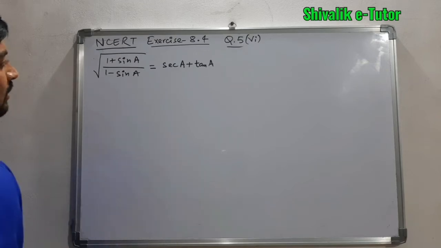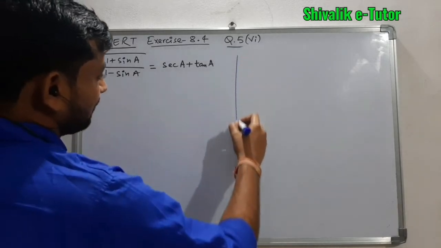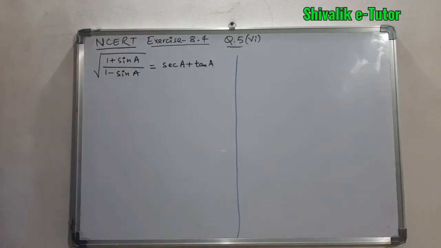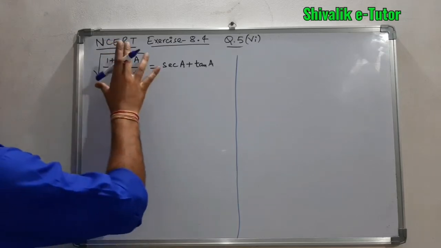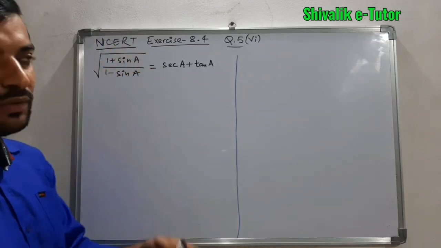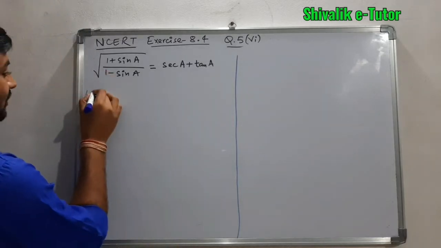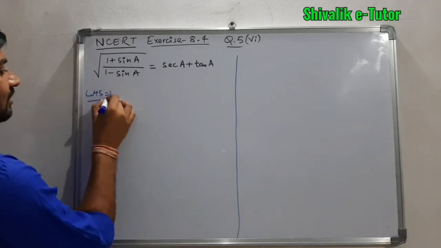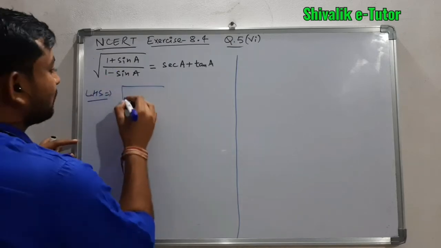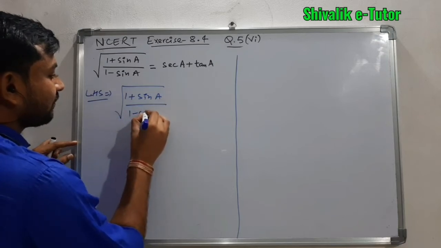यहाँ पर हमारे पास LHS में स्क्वायर रूट के अंदर ट्रिग्नोमेट्रिक रेशियोज लिखे हुए हैं, and RHS में स्क्वायर रूट नहीं है. It means somehow we have to convert this into a perfect square so that it will be removed out of the square root. So clearly here we have to start with the LHS so that we can get the RHS here. तो हम इसमें अगर देखें क्वेश्चन को, तो ये 1 प्लस साइन है and 1 माइनस साइन है.